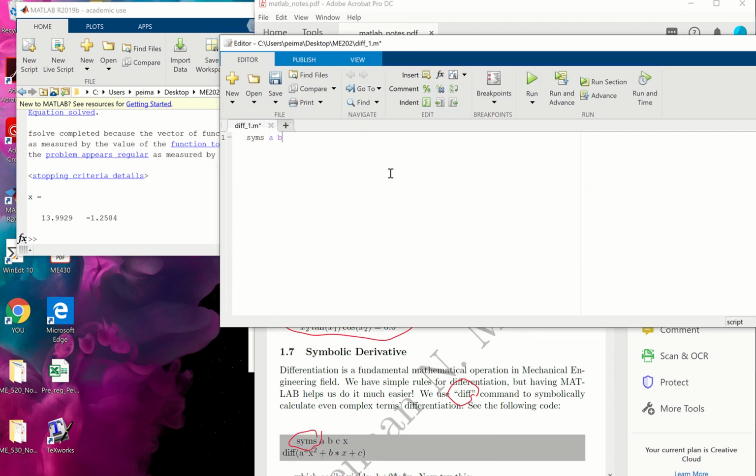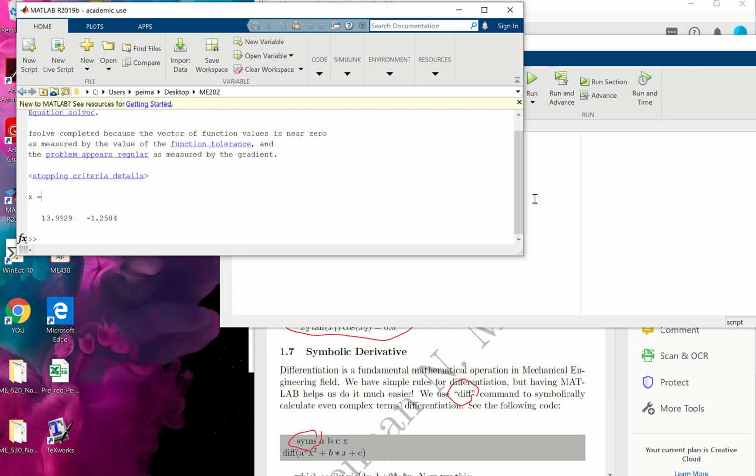Seams A, B, C, and X. Now A, B, C, D, and X, they are symbolic parameters. Now if I say diff, A x square plus B in X plus C, okay, understand? Now if I push the buttons after saving, and if I